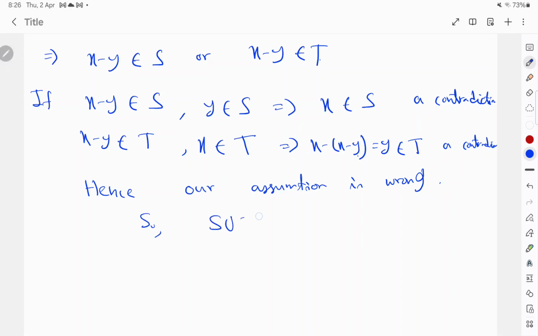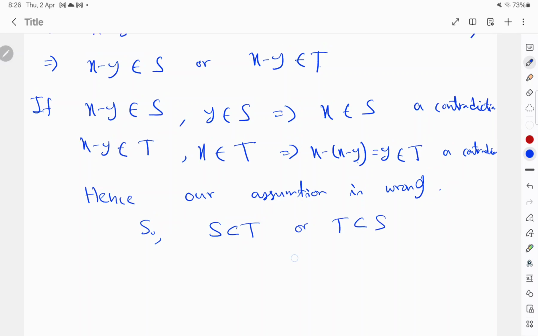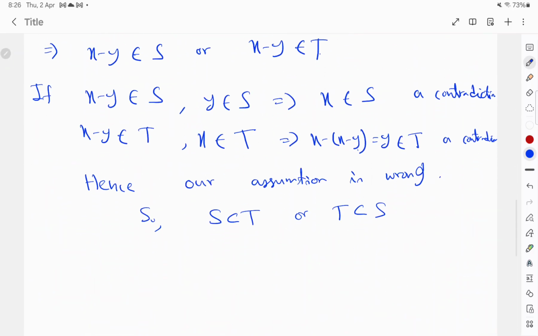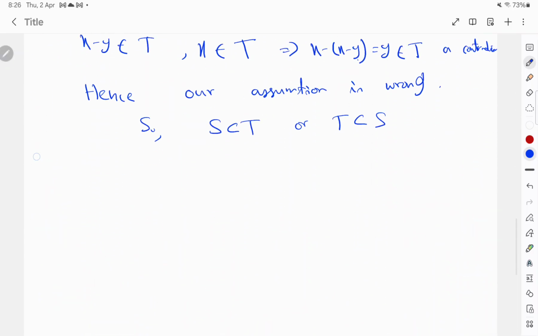So S union T is an ideal only if S is a subset of T or T is a subset of S, and like that. This is an important theorem. Okay, next